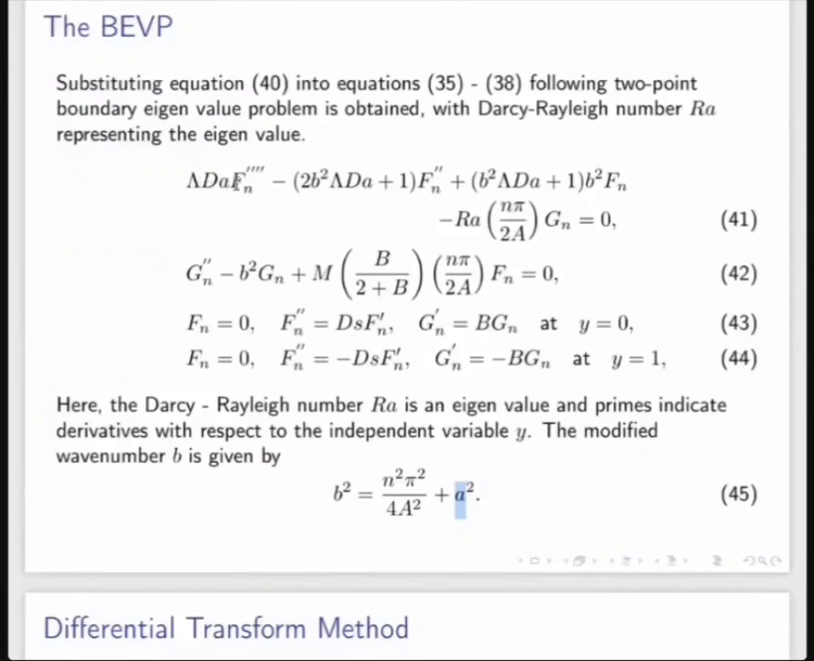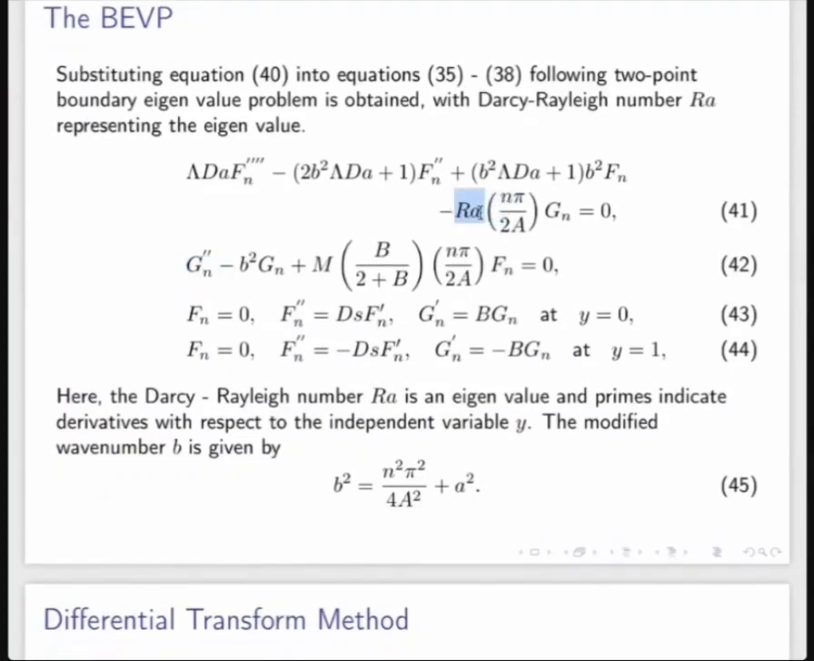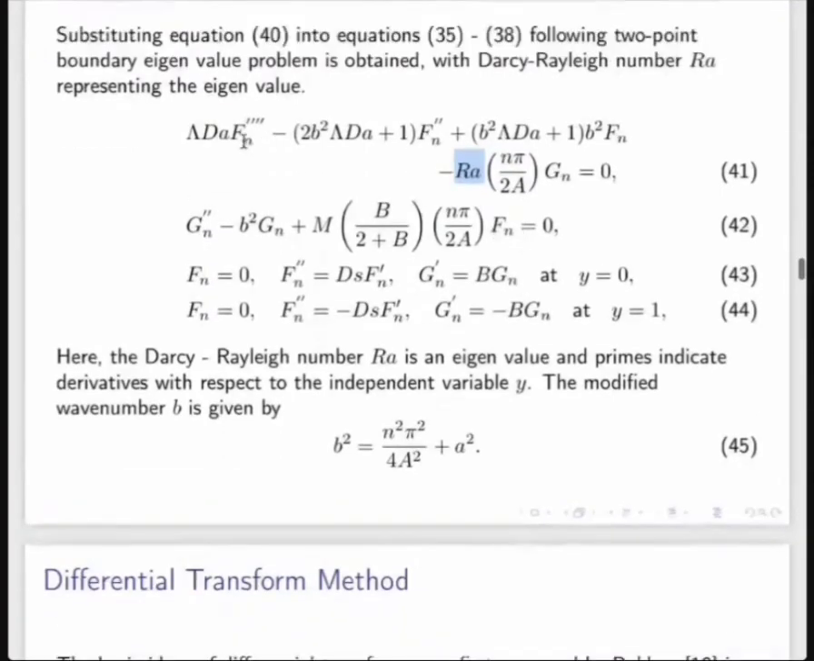So you see it's a fourth order differential equation in Fn and a second order differential equation in Gn, and you have the 6 boundary conditions satisfying, subject to those two differential equations. And Ra is going to act as an eigenvalue. And therefore, the solutions here